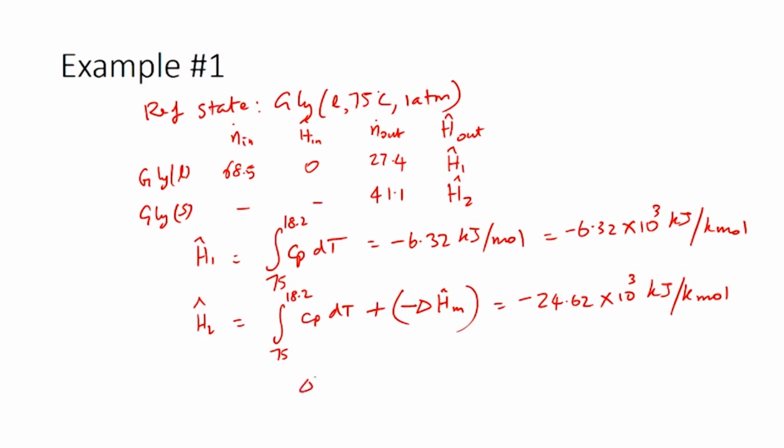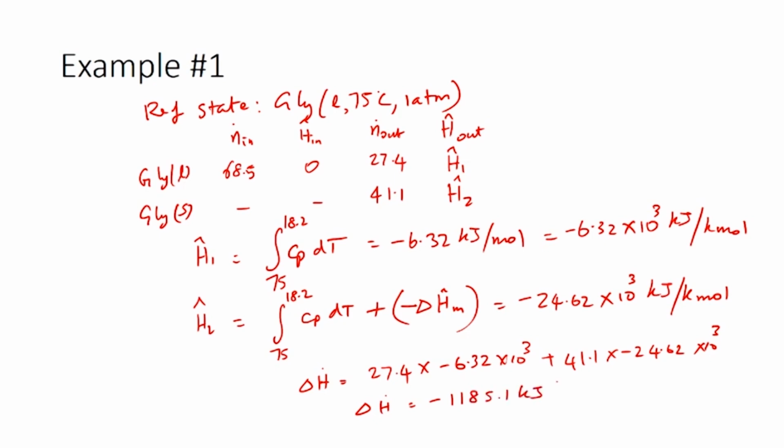So, now from here we can calculate delta H dot, which would be basically the sum of n dot out times H cap out. So, we have 27.4 times minus 6.32 times 10 power 3 plus 41.1 times negative 24.62 times 10 power 3. So, here the inlet conditions do not have any specific enthalpy associated with them because it is the reference state. So, there will not be anything to be subtracted from this. So, the delta H dot value is calculated as minus